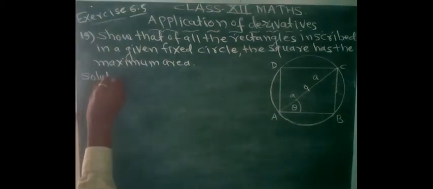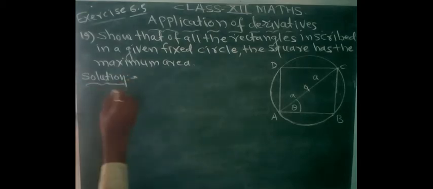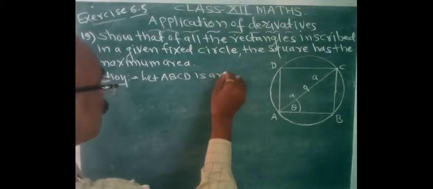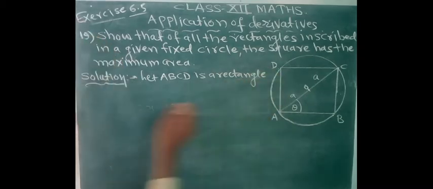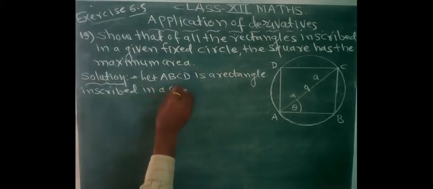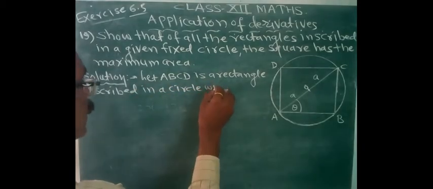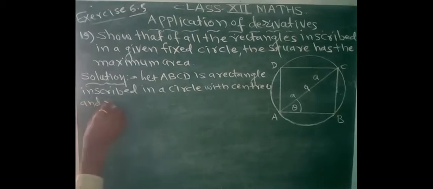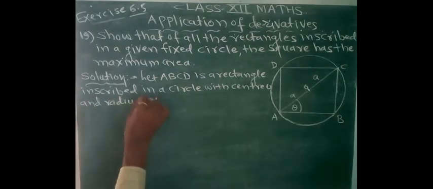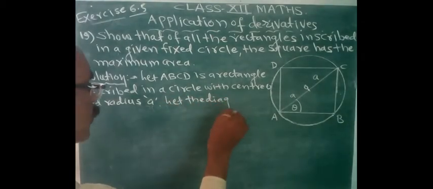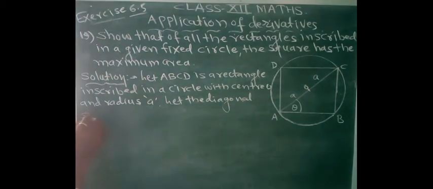Solution. Let ABCD be a rectangle inscribed in a circle with center O and radius small a, suppose. Let the diagonal subtend an angle